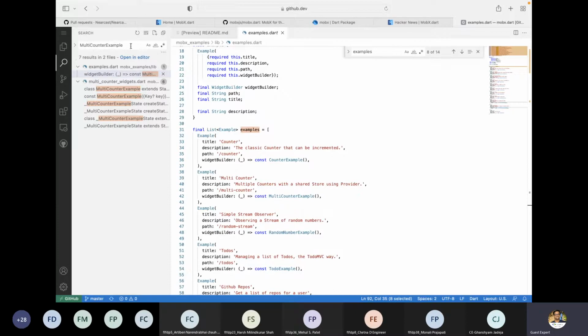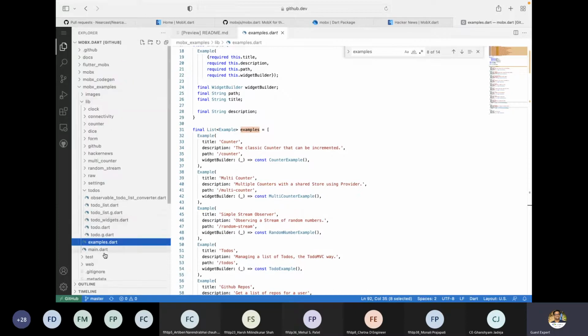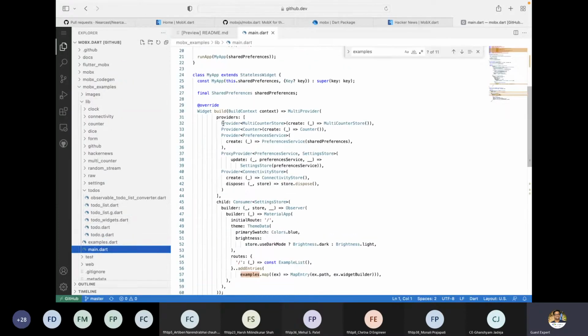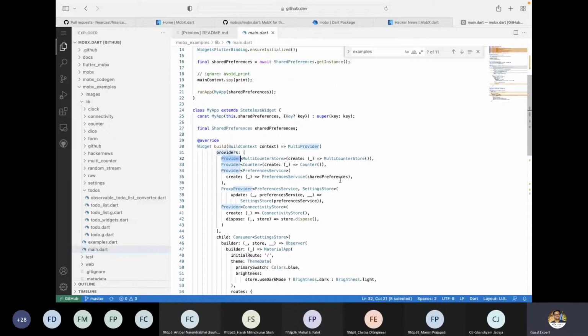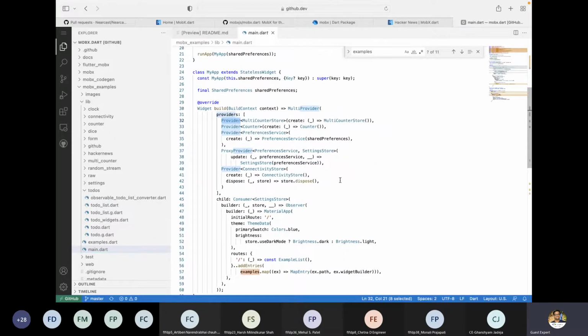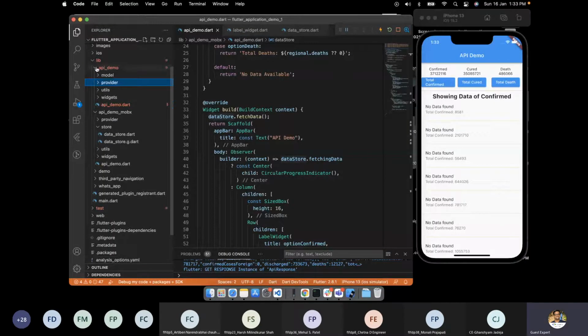Okay, so we'll go back again. Yes, so we have provider. As it has implemented multiple providers, we can have this kind of stuff. You can see the stores are being injected here, and those stores are being utilized the way we are using it in the API.